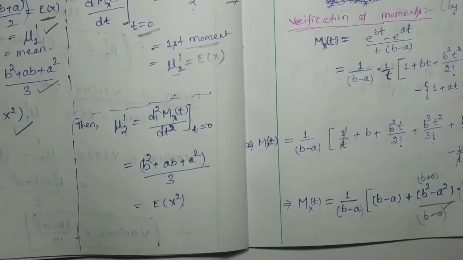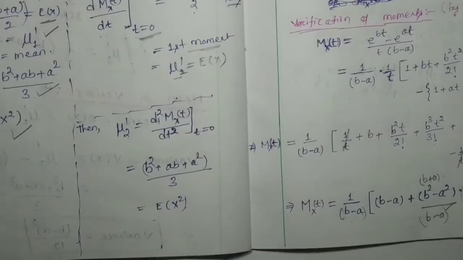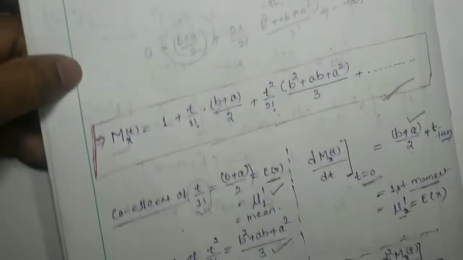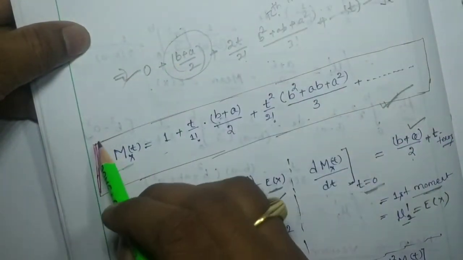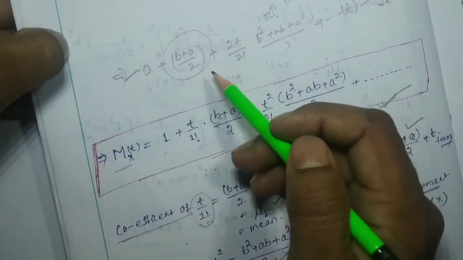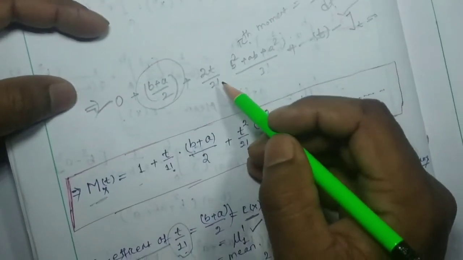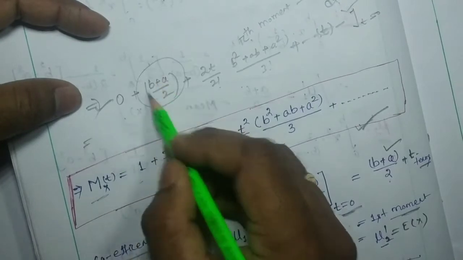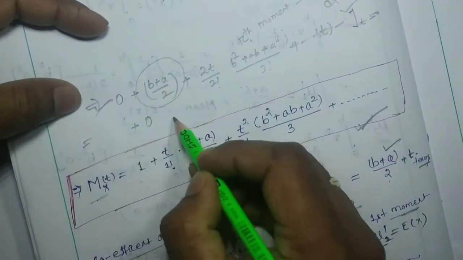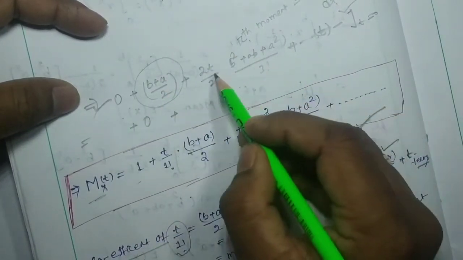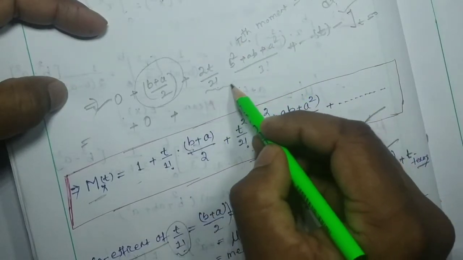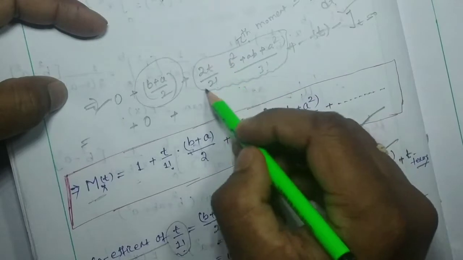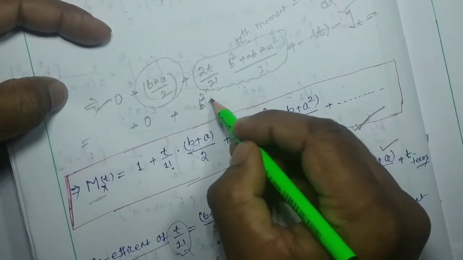So we have to consider the double derivative of m(x)(t). Here you can see that the first derivative has already been done. Then again, if we consider the second derivative, what are we going to get? This term is a constant, so we are going to get 0. Then for this term, the 2 gets cancelled. The derivative with respect to t, if I consider this term, we are going to get b square plus ab